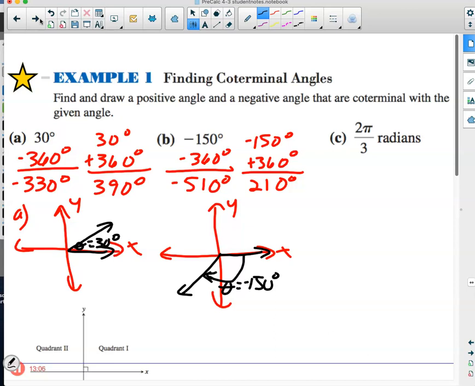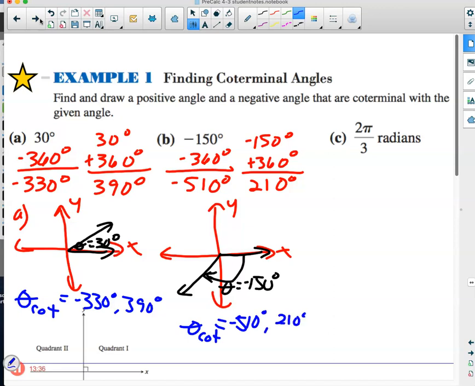And the reason we'd want to label it something is because really, if we're going to tell them what the coterminal angles are, and we want to use the notation that we have for coterminal, we would put theta, and then we'd have a subscript of COT, and negative 330 degrees, 390 degrees, and for this one, theta coterminal would be negative 510, and 210 degrees. And notice just a comma to break it up there is fine, because it's just a listing. It's a listing of our degrees. And then the last one,